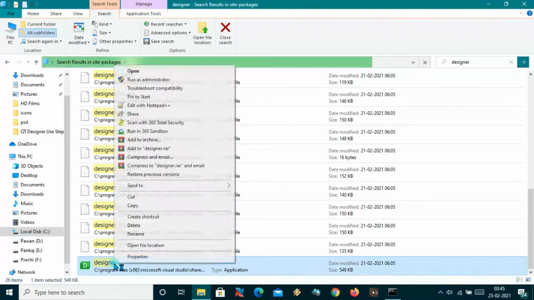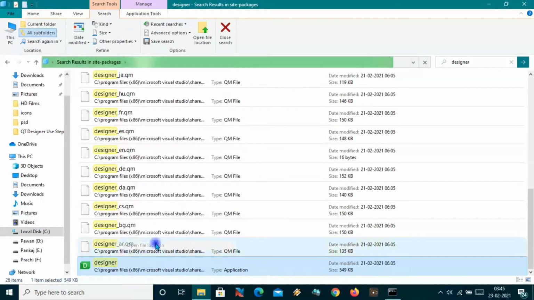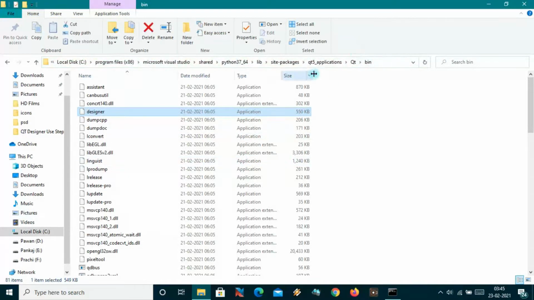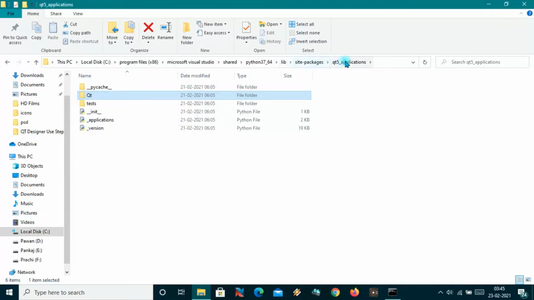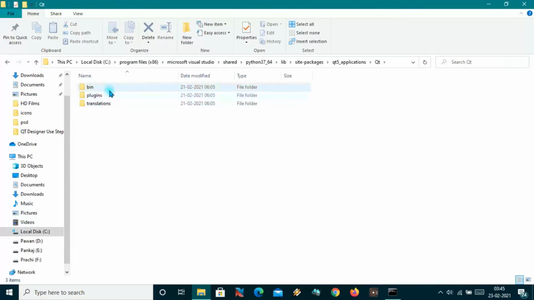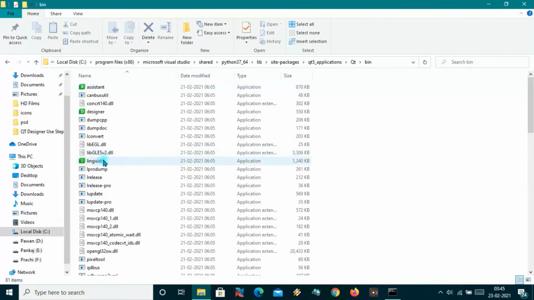Let me check its file location. It is in site-packages, Qt5, applications, Qt, bin folder. In my case, because I'm using the latest PyQt5, it will be under Qt5 applications, in the folder Qt and the folder bin, and you will see the designer here.